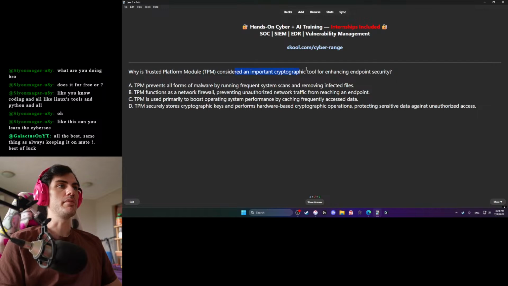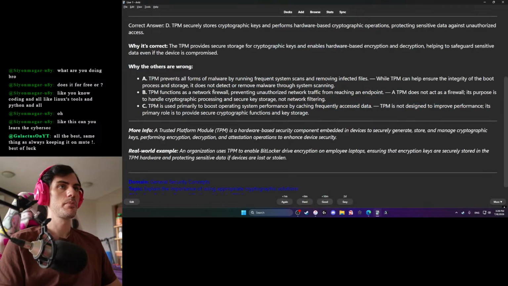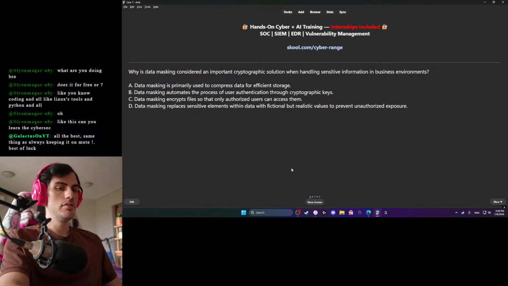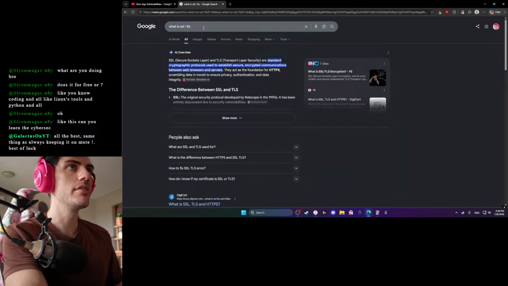Trusted platform module, TPM, considered an important cryptographic tool. It securely stores cryptographic keys, performs hardware-based cryptographic operations. Is that not the same as an HSM? Let's have a quick look here.